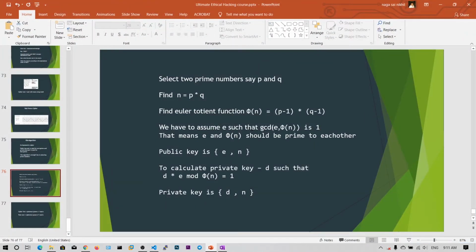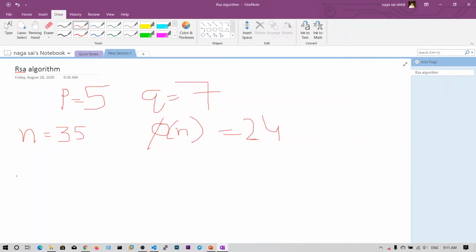And we have to assume e such that the GCD of e comma phi of n is 1, or else e and phi of n should be coprime to each other. Phi of n is 24, so let's say e is equal to 5.